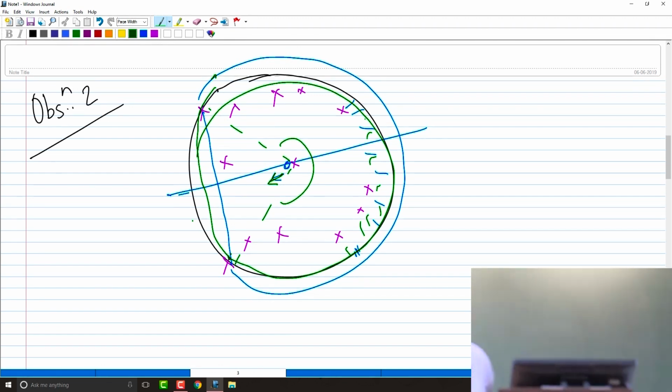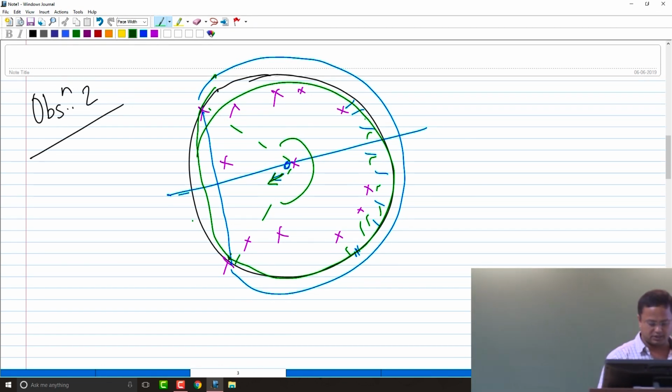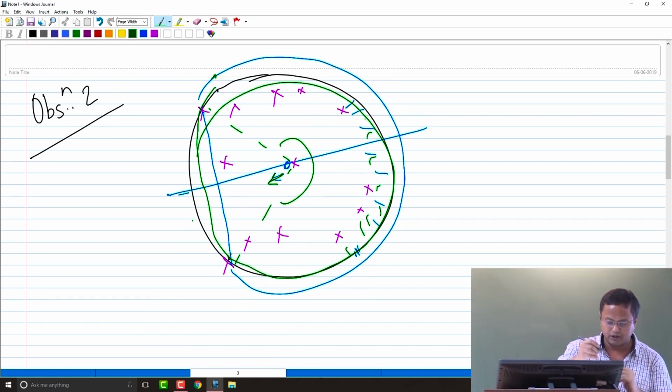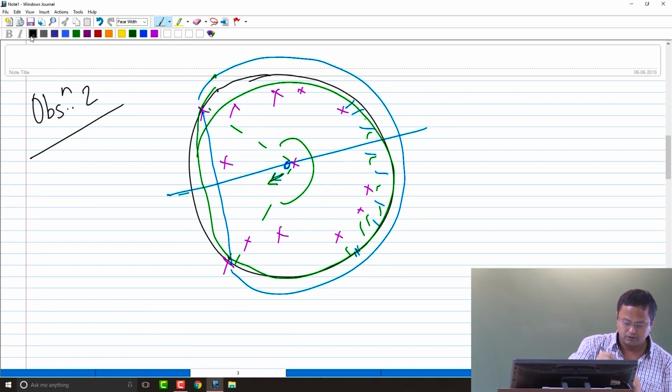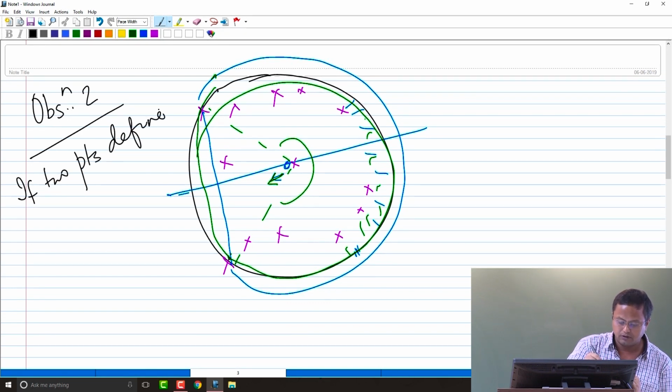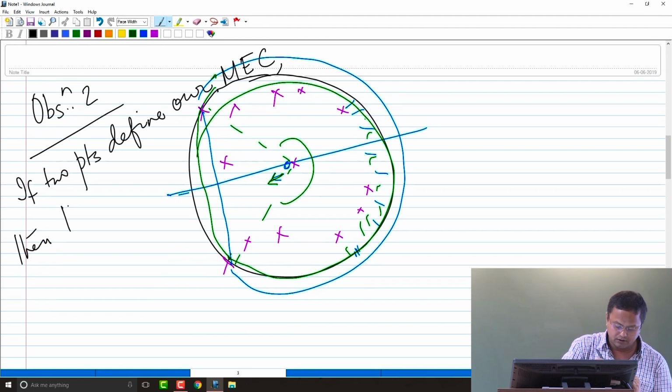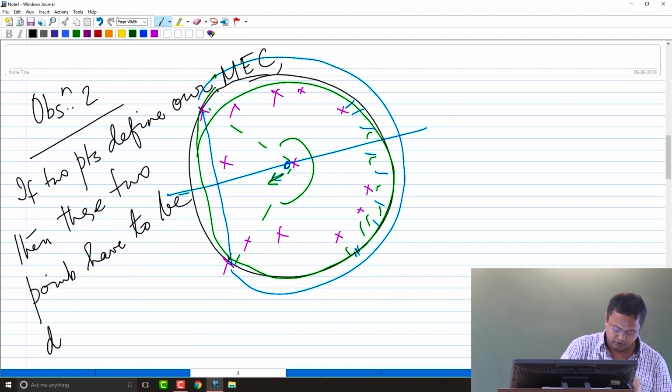So, if it is 2 points, it has to be diametrically opposite, first characterization, good. 1 point does not help. If 2 points define our minimum enclosing circle, then these 2 points have to be